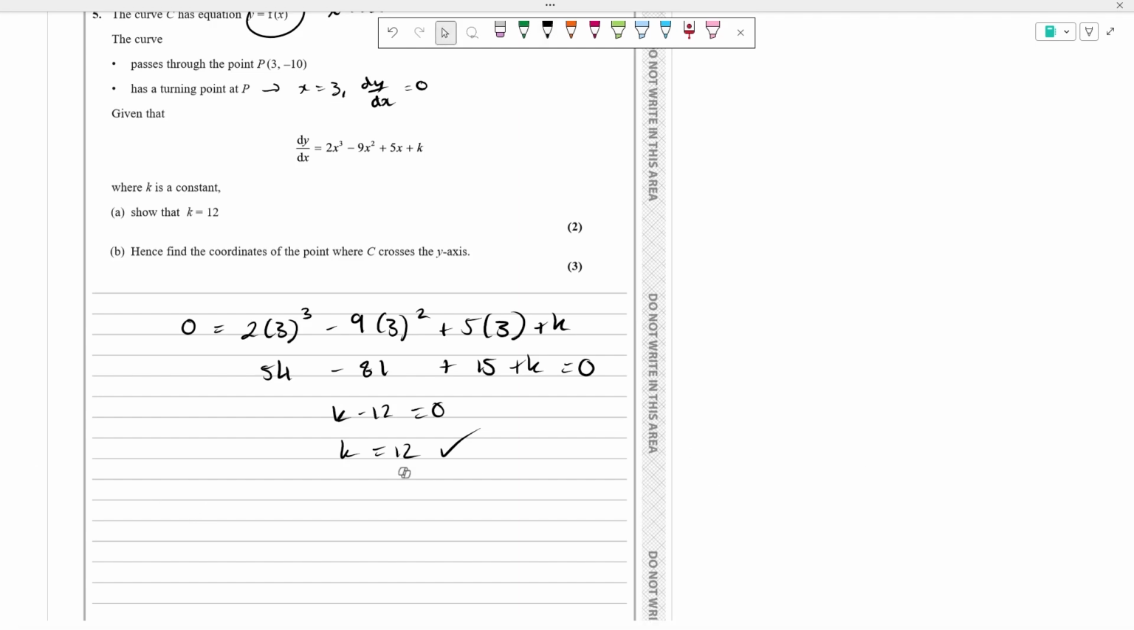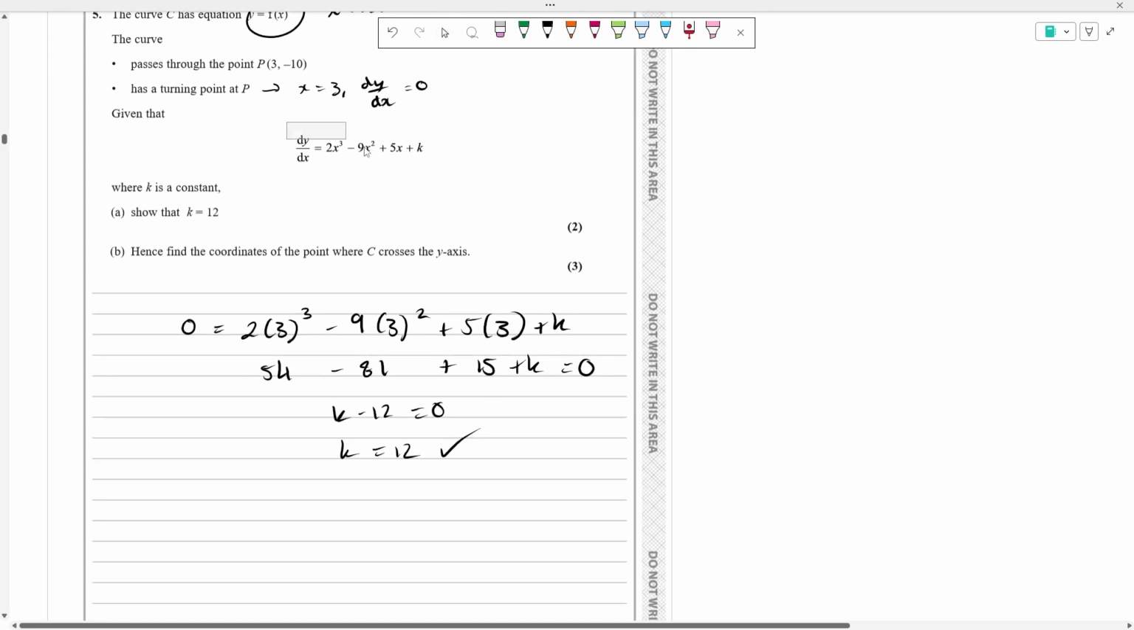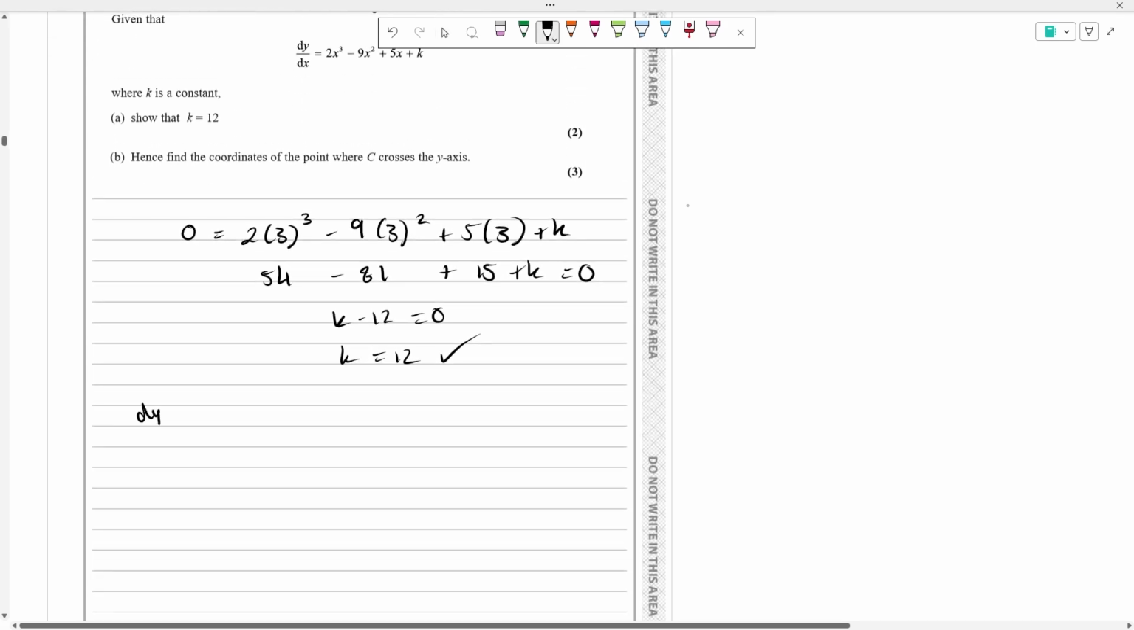Now, part B, we need to work out potentially the whole equation, but let's see. Hence, find the coordinates of the point where C crosses the y-axis, so our original quartic. So we should really go ahead and integrate this. But I'm actually going to start by rewriting the original equation,